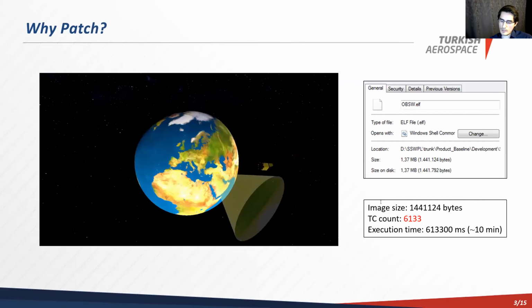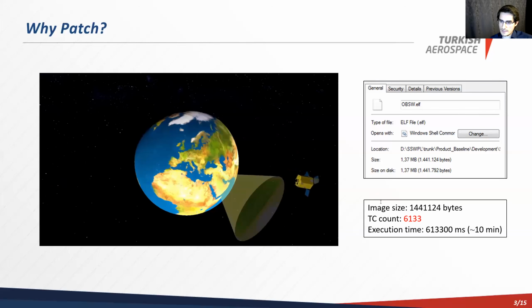Okay, so why do we need to be able to update our software? We need to update our software to fix errors, to improve certain capabilities of our code, and to basically maintain it. And this process has to be done very fast because your mission can be very important. System availability of your satellite can be very important. Also,